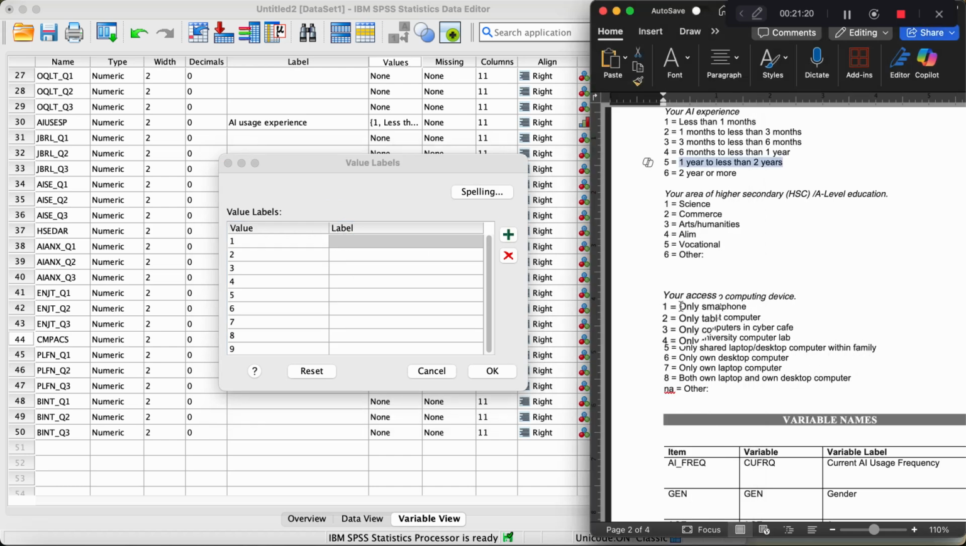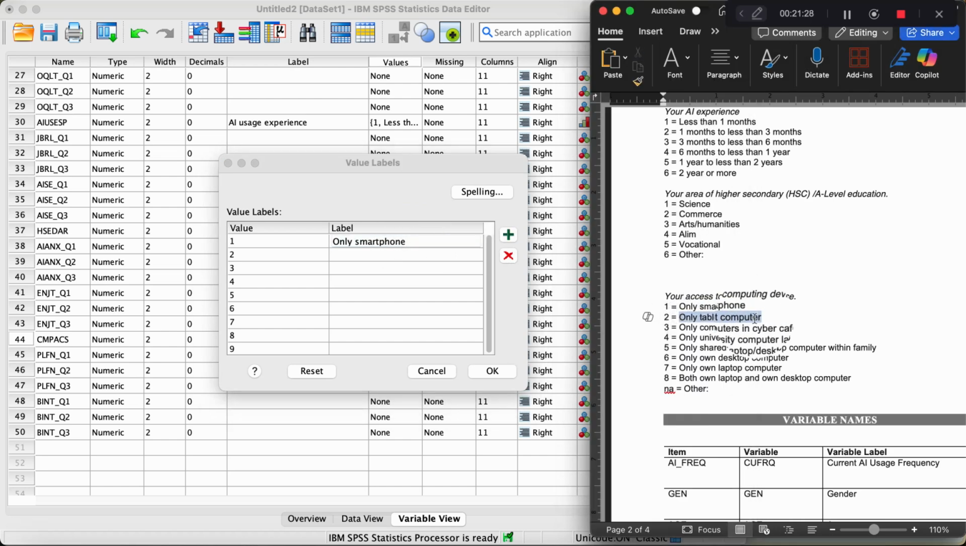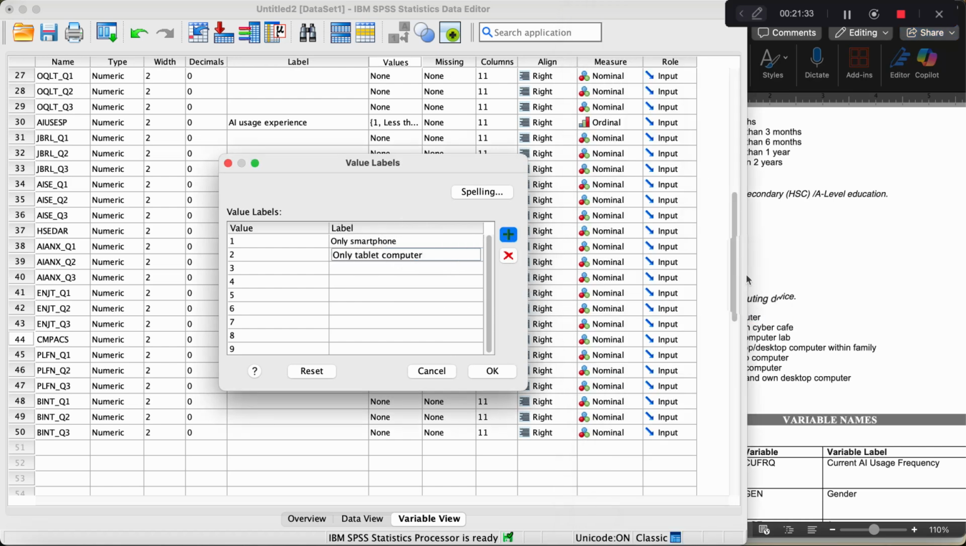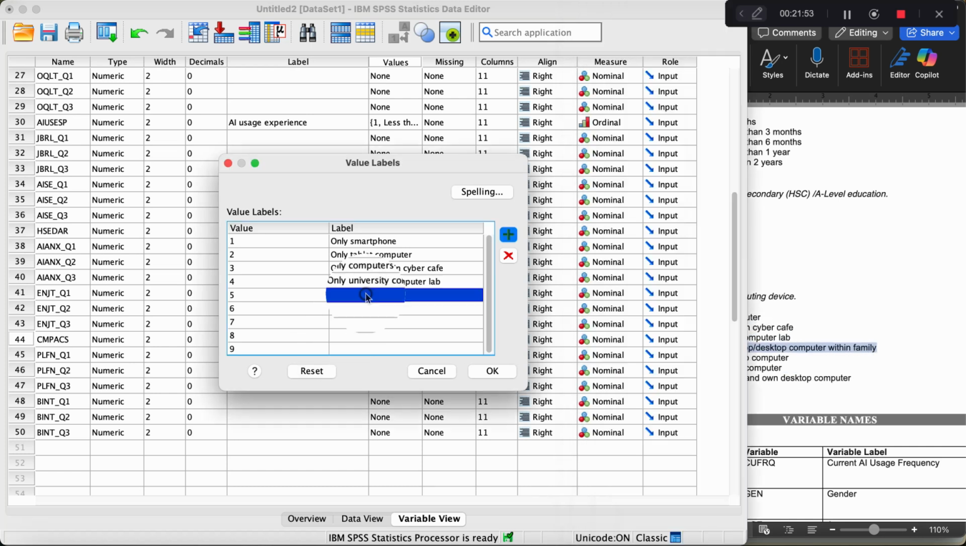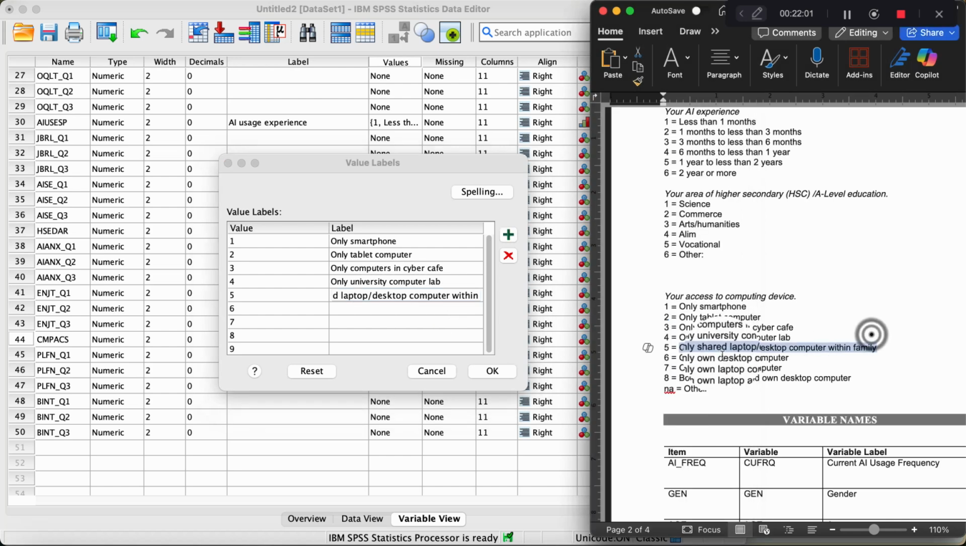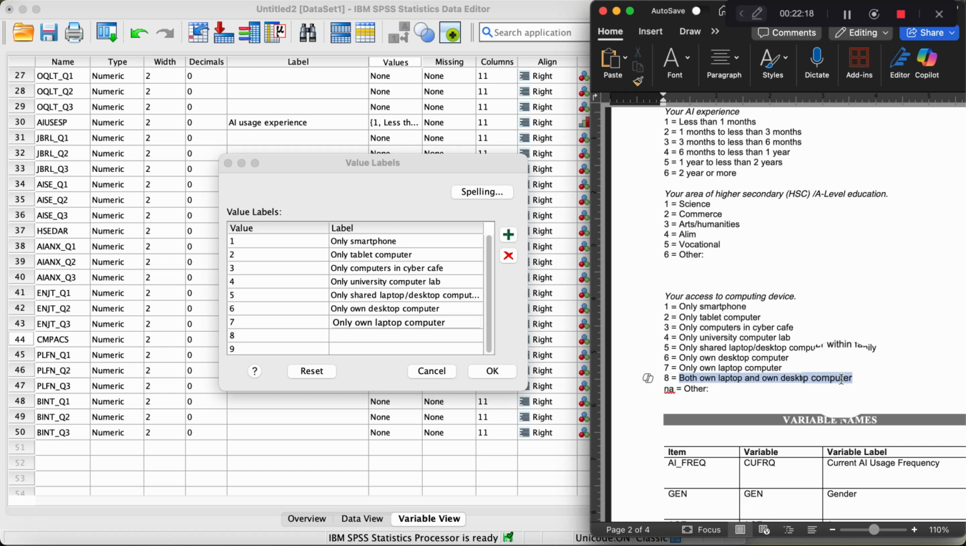And what are the labels? Let us copy: only smartphone, then only tablet computer, only computers in cyber cafe, then only university computer lab, then only shared laptop or desktop computer within family, okay, then only on desktop computer, only on laptop computer, both on laptop and on desktop,